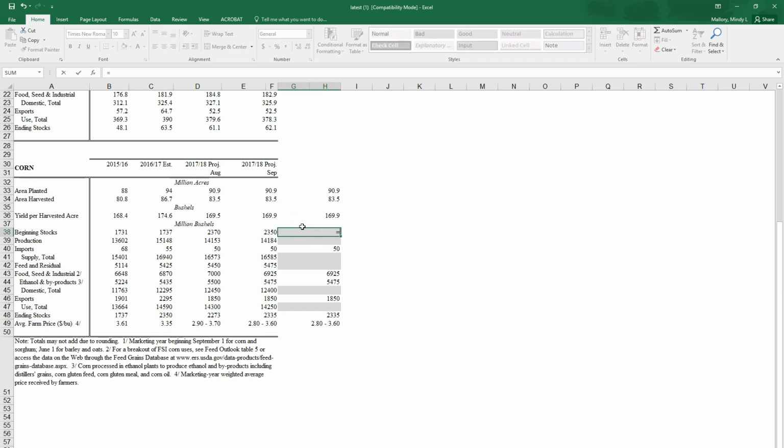I will get it with cell references, so I'm going to type an equal sign and come over here to last year's ending stocks number. And last year's ending stocks is exactly equal to this year's beginning stocks. Okay, now production. That's going to be just the area harvested times yield per acre. So to fill this in, we just go equals area harvested times yield per harvested acre, and boom, we get